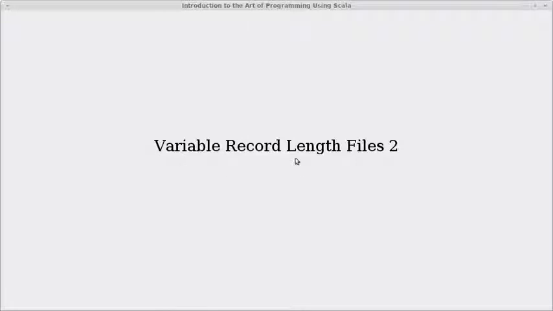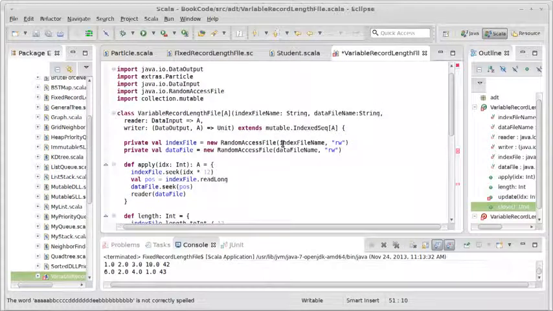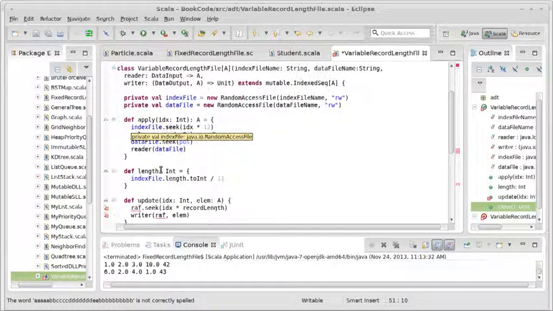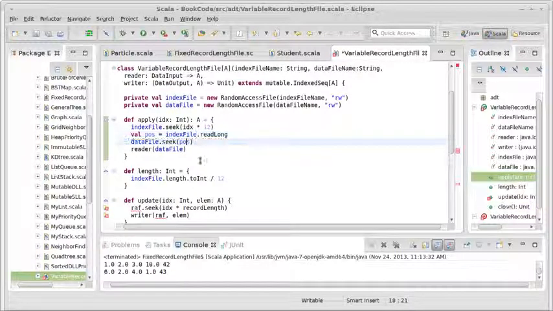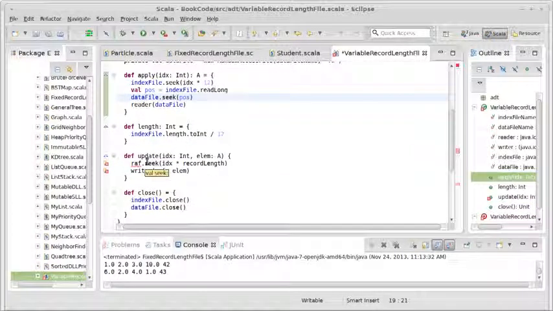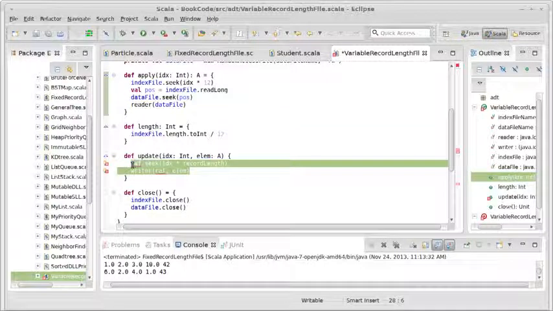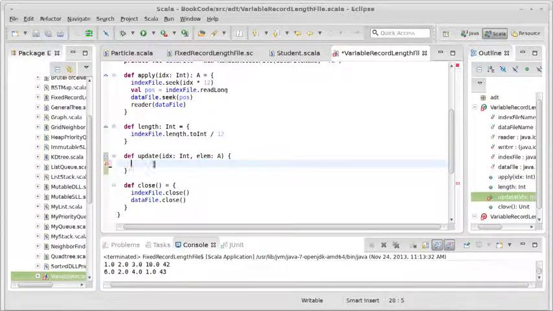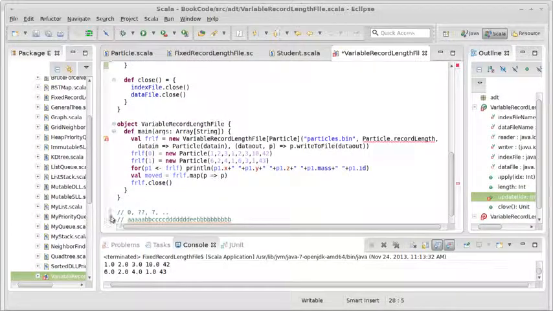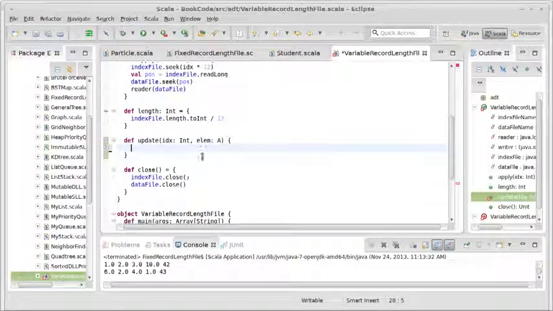So we continue talking about our variable record length files, and in the last video we got to the point where we had an apply and a length that we felt good about, but we still didn't have the update. And we can talk through what needs to happen in update a little bit. We kind of drew out here the problem with update. One of the things that we have to do is,